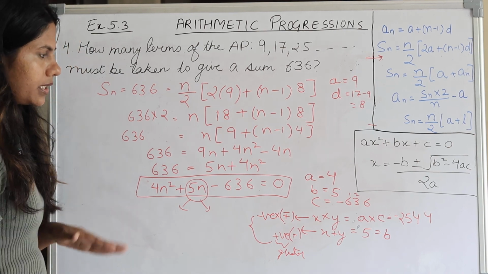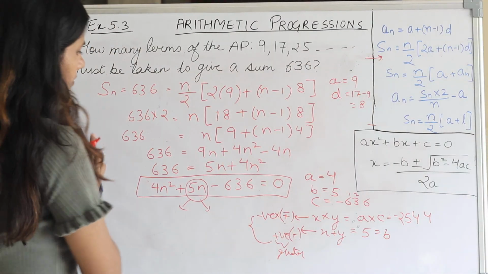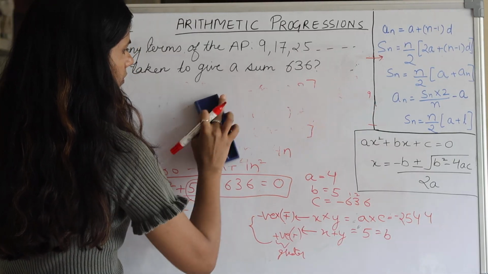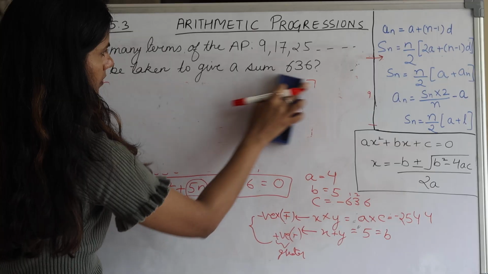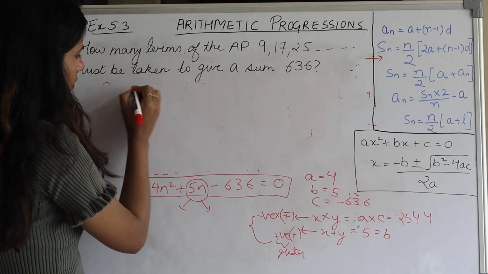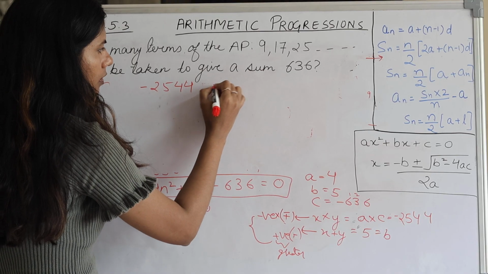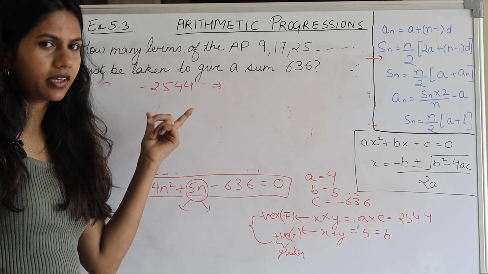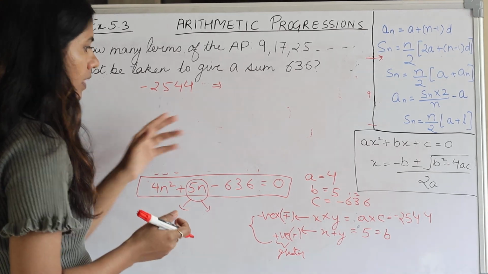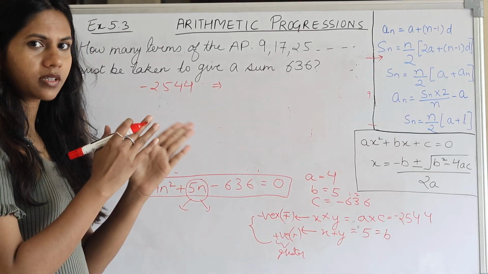Okay, so if you see, let me erase this part. So I'm mentioning here, for 2544, see, this is a really heavy term because it is a really big number. So how you should think is that since the difference is only 5, it means the numbers are really close. Okay, the numbers are really close.